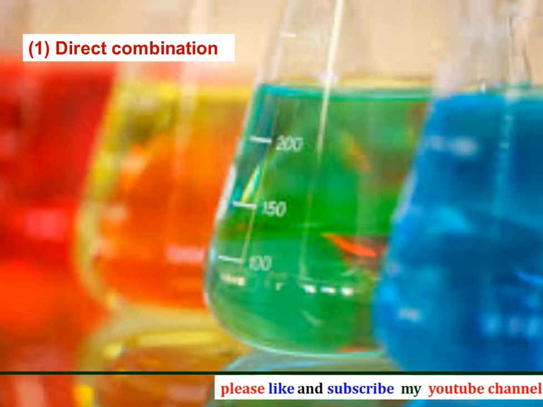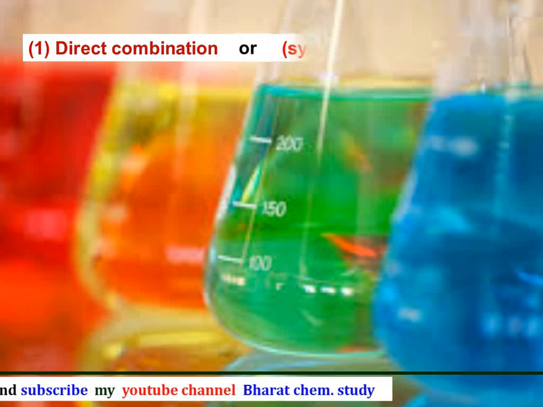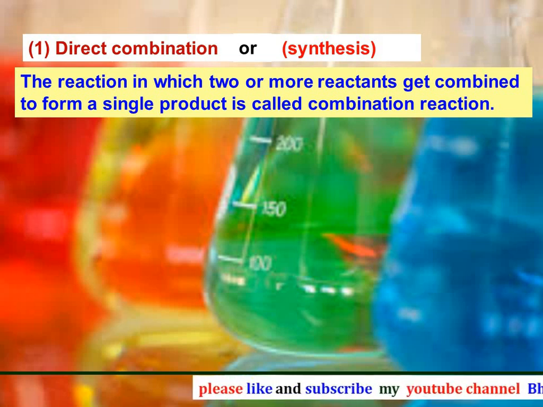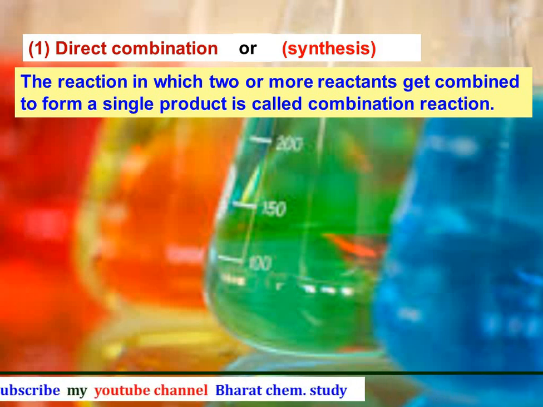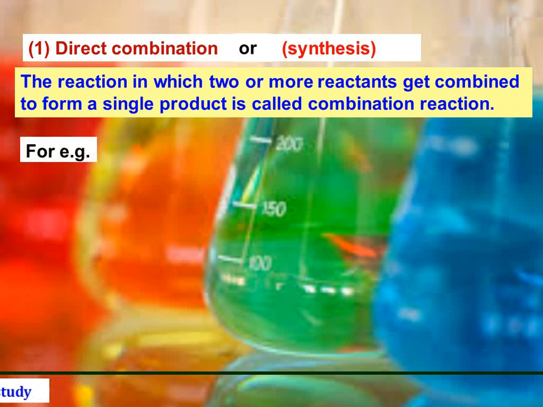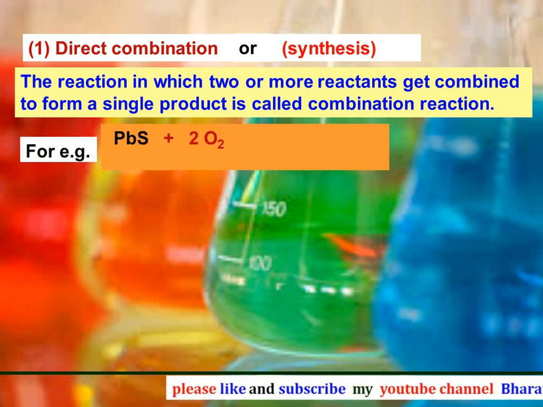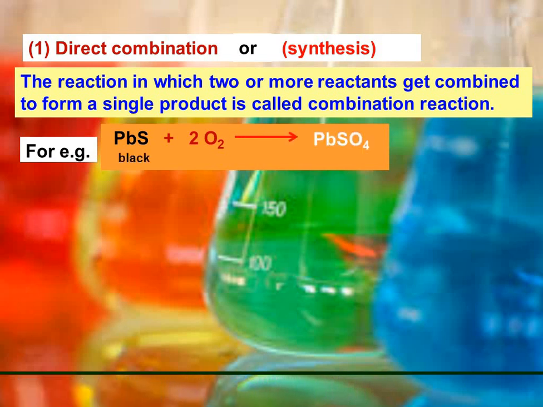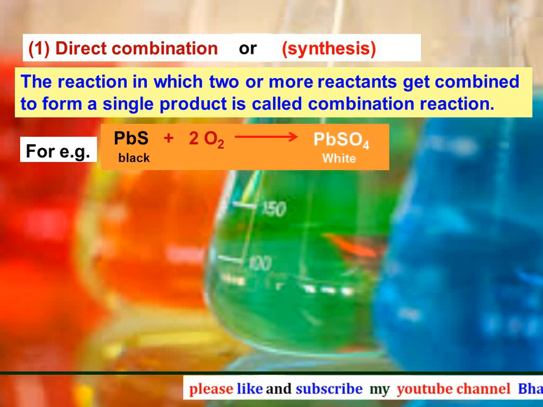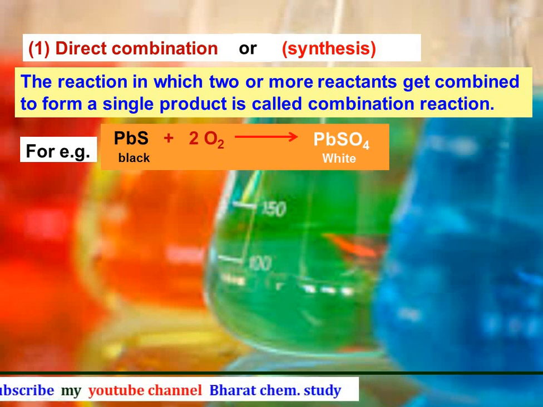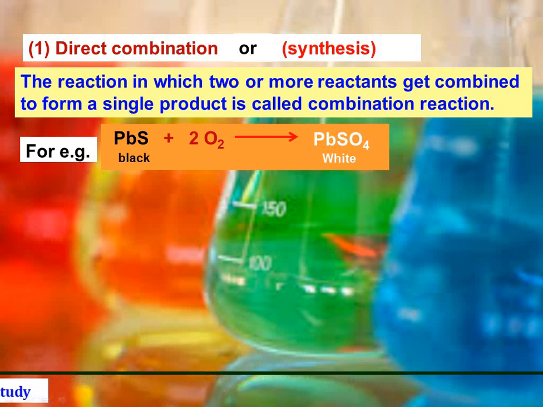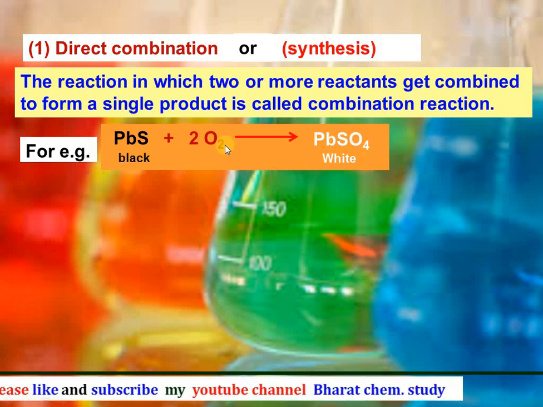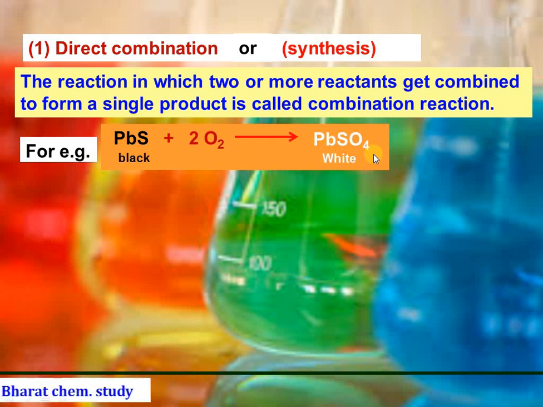First, direct combination reaction, also called synthesis reaction. The reaction in which two or more reactants combine to form a single product is called a combination reaction. For example, lead sulfide, which is black in color, reacts with oxygen to form white lead sulfate. In this reaction, it is clear from the equation that the reactants are two but the product is one. Such reactions, in which the reactants are two or more but the product is only one, are